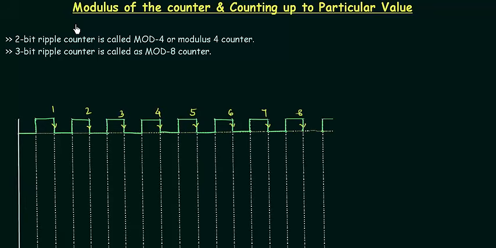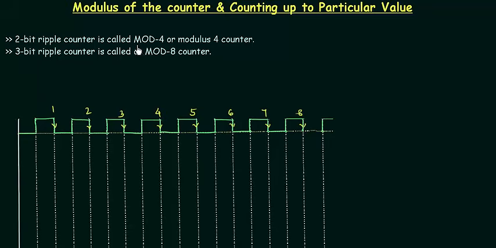In this presentation, we will study the modulus of the counter, and once we are done with the modulus, we can study how to count up to a particular value. These two things are very important and also very interesting at the same time. So first we will study the modulus, and in this, if I talk about a 2-bit ripple counter, then it